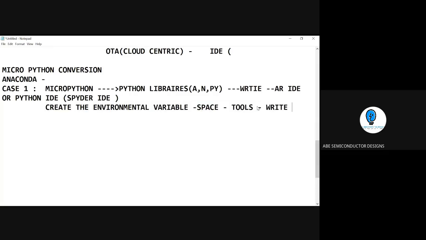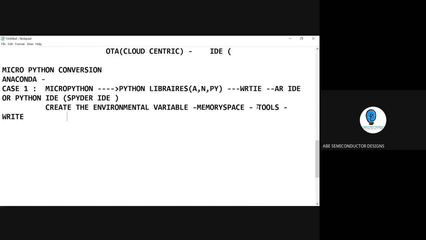So you create an environment, with the space and the tools, and you write the code in that particular location, so that every tool is installed in one space and the code can be linked more easily. This is the logic. I'll show you the demo of what the problem would be. This is the logic, memory space, right?